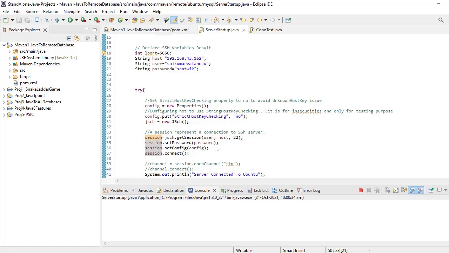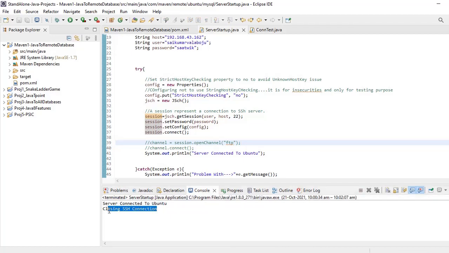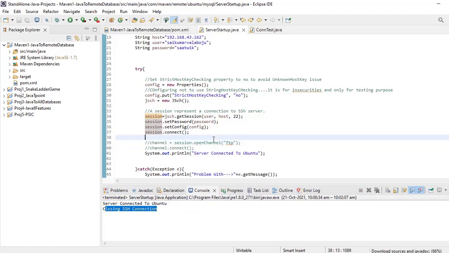Server is started. After the server is started, we have to get this message: Server is connected to Ubuntu. Okay. Now we are getting server connected to Ubuntu and closing SSH connection, which means the server is established perfectly.